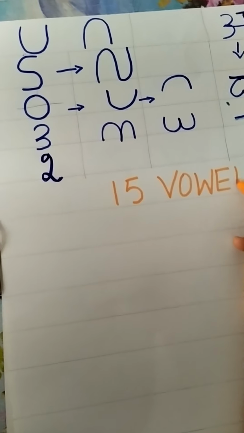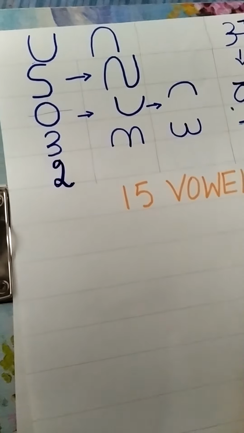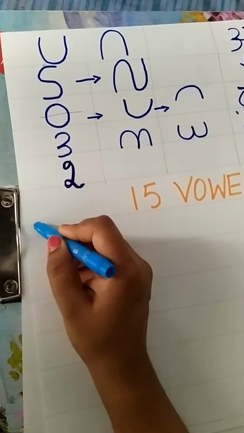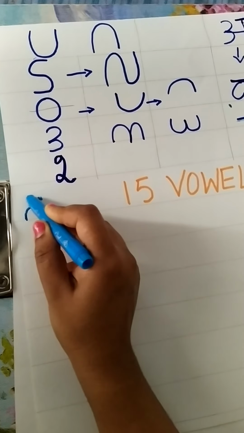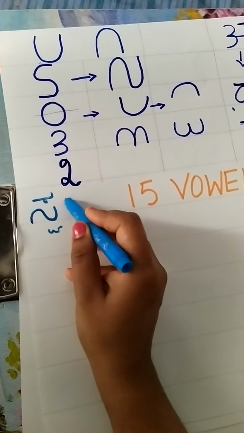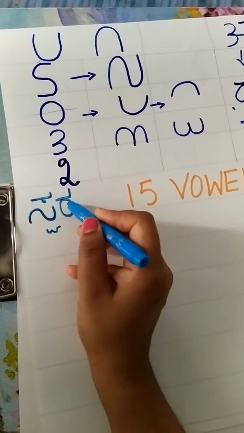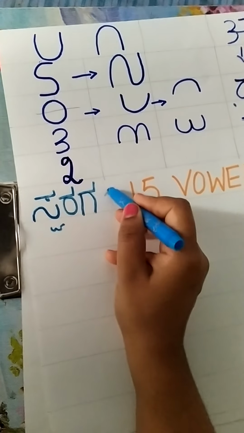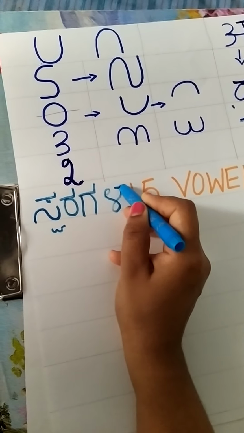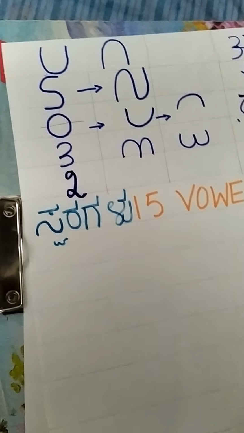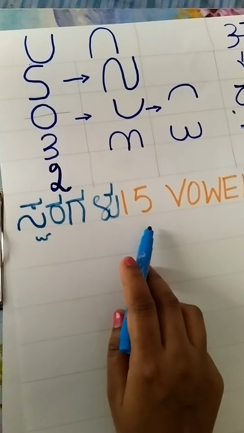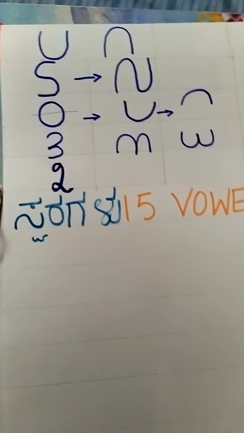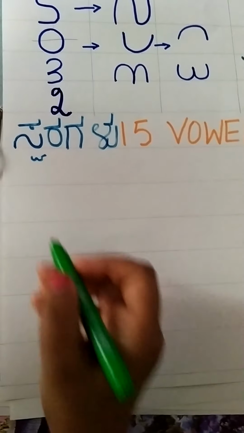Yes or no? In Kannada we have 15 vowels and we call them Swaragalu. I'll write it here. We'll call it Swara. See the Kannada letters, all look like turnings, round. See the turnings. I am putting Talekattu. So we have 15 Swaragalu now. I am teaching you the first vowel. The first vowel is A.